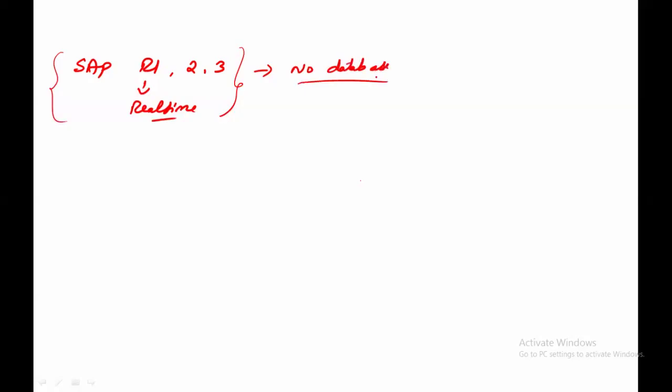In SAP R1, R2, R3, SAP did not have any database. Then SAP emerged and they invented SAP ECC. Here they introduced the database, which is the third party.